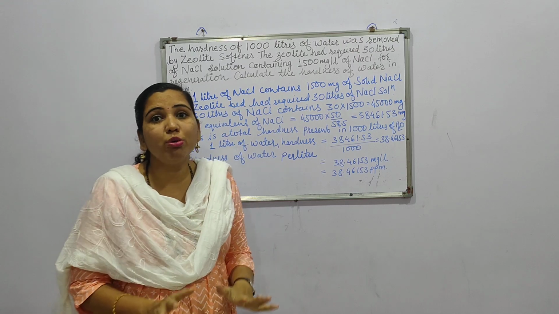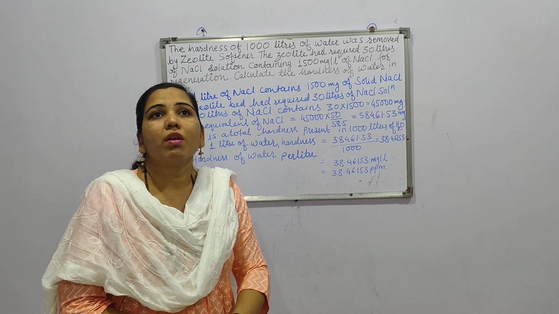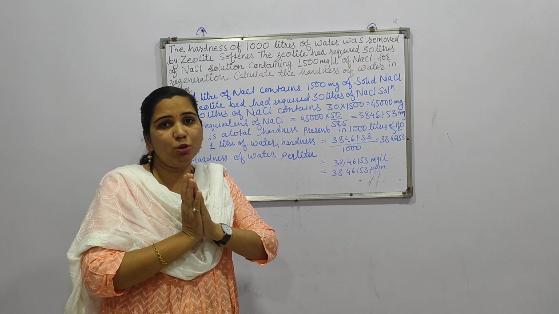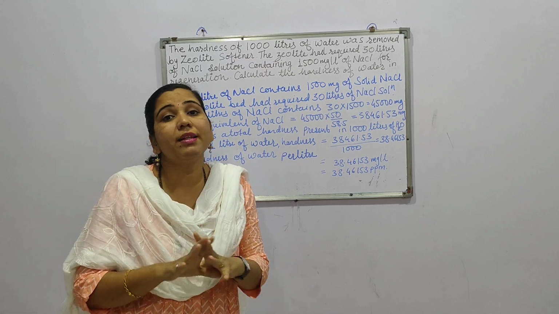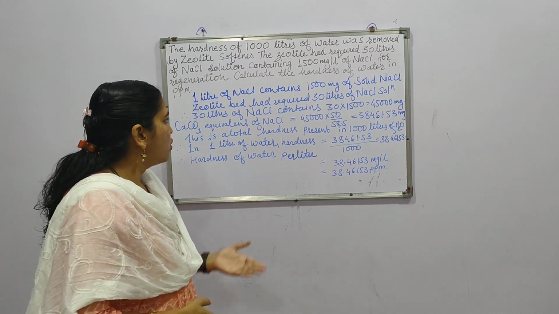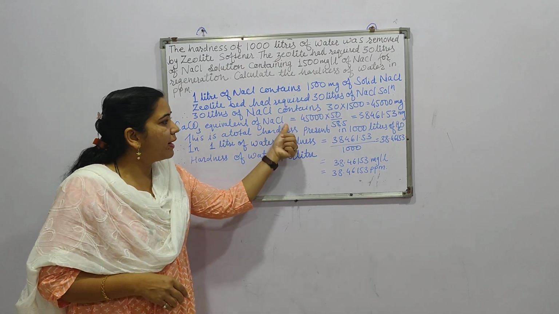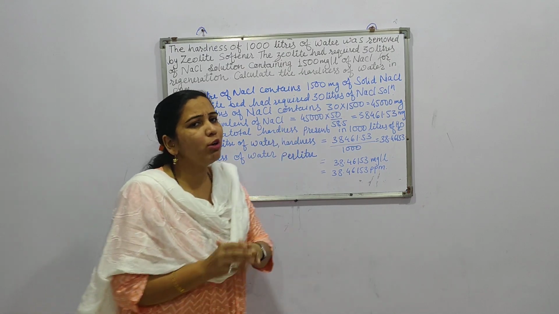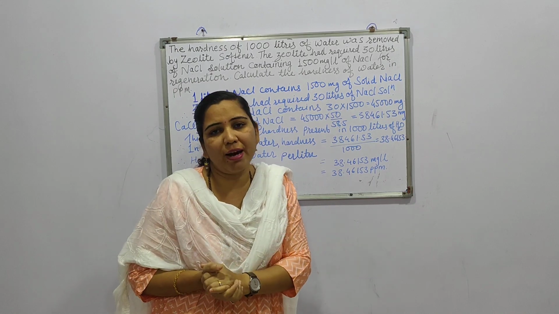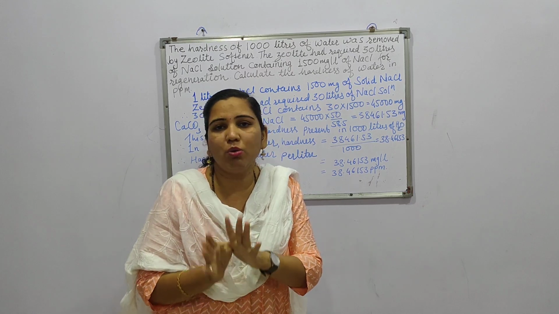Now we have the quantity of NaCl. Simply we have to calculate its CaCO3 equivalent. You know guys, CaCO3 is the standard hardness causing salt, so we must calculate the CaCO3 equivalent, which is in terms of hardness with a standard hardness. The CaCO3 equivalent of any salt is the amount of that salt multiplied by its multiplication factor. The multiplication factor is 100 upon 2 into the equivalent weight of that particular salt.